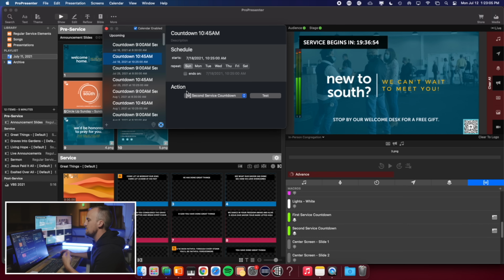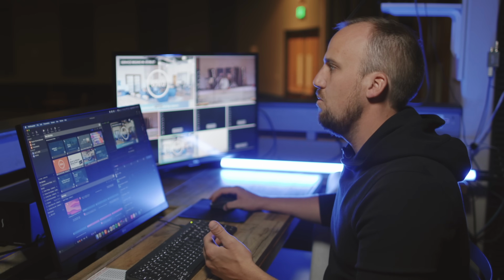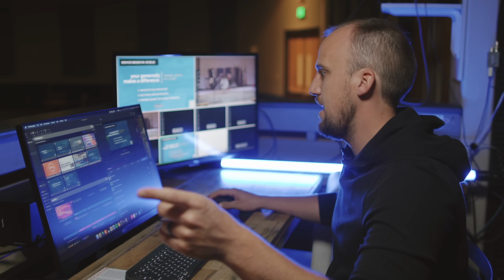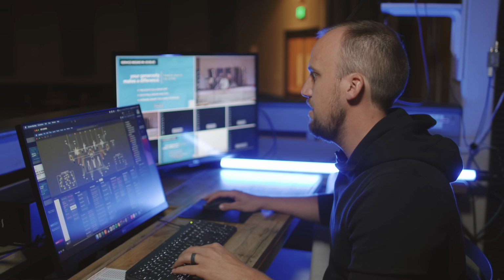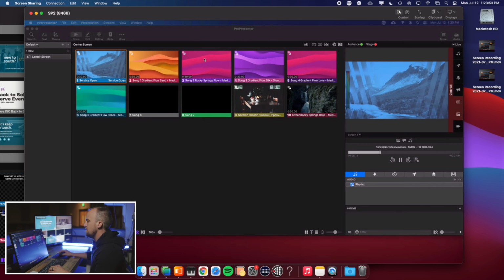And then you see here under action at that time, every single Sunday morning, that's where I'm adding in my macro. So very slick stuff. And then as I mentioned earlier, we're using another instance of ProPresenter on the computer over there, which is actually this computer right here. So if I switch my screen here to the other display, you'll see this is just